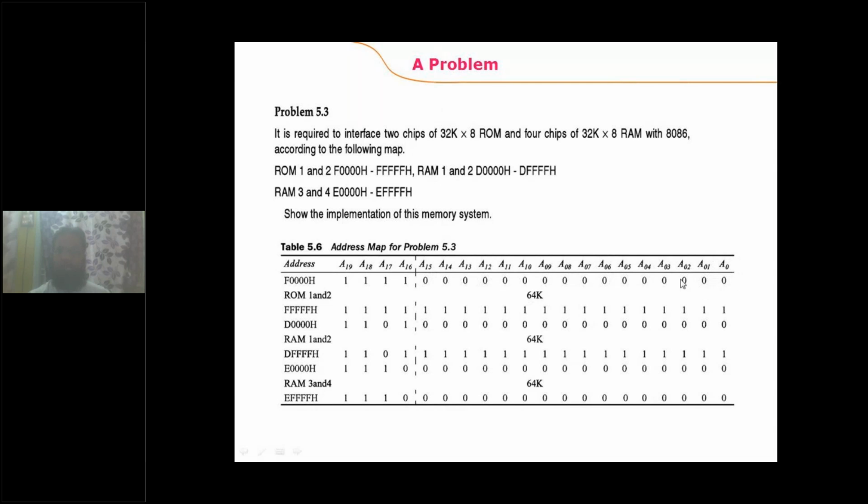Then what about the remaining address lines which are left over? These are the address signals which are being used as an input to the decoder to generate the chip select signal. So A1 to A15 are connected to the address inputs of memory chips, A0 is used to select the even bank, and A16 to A19 are used as inputs of the address decoder circuit. Come to this diagram.